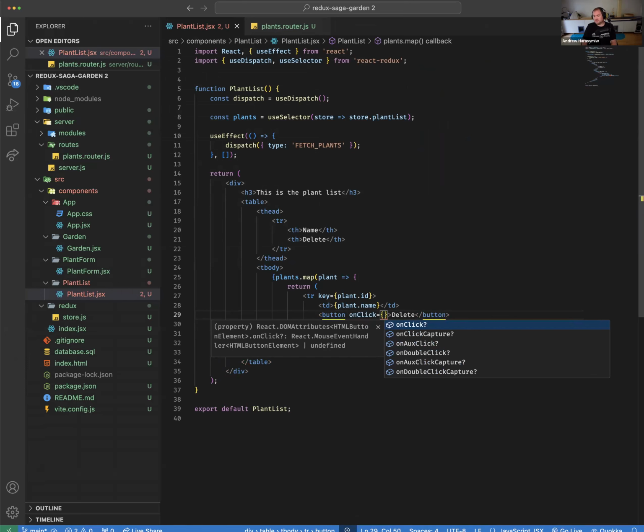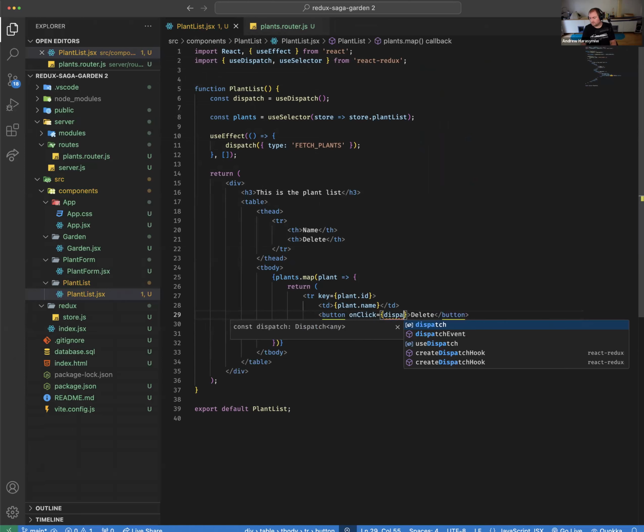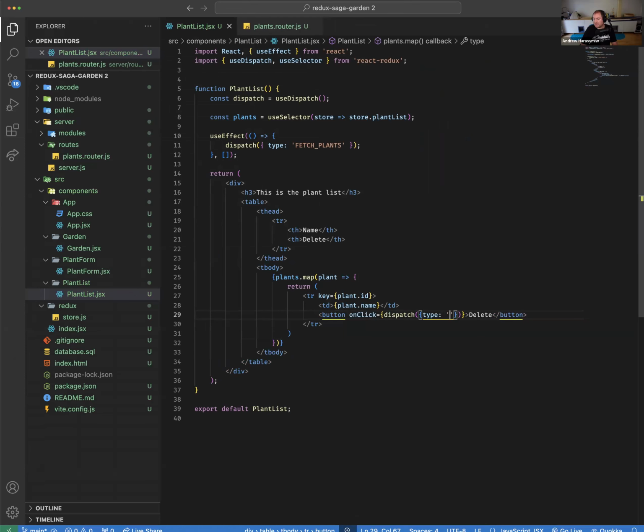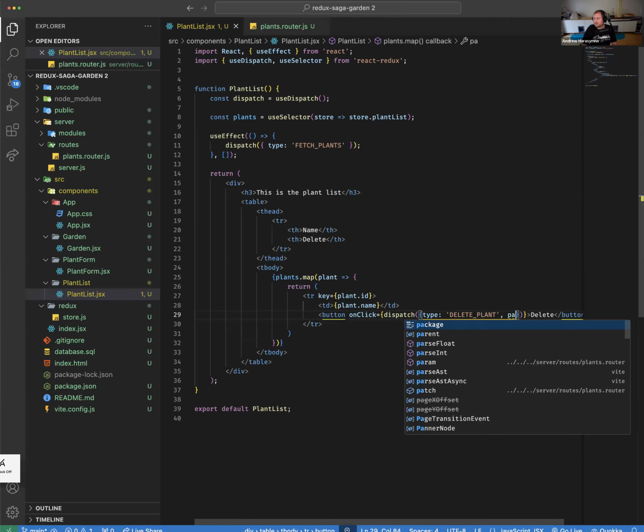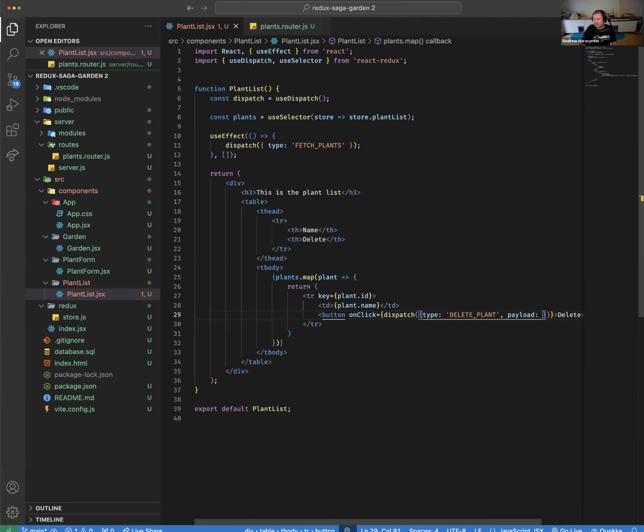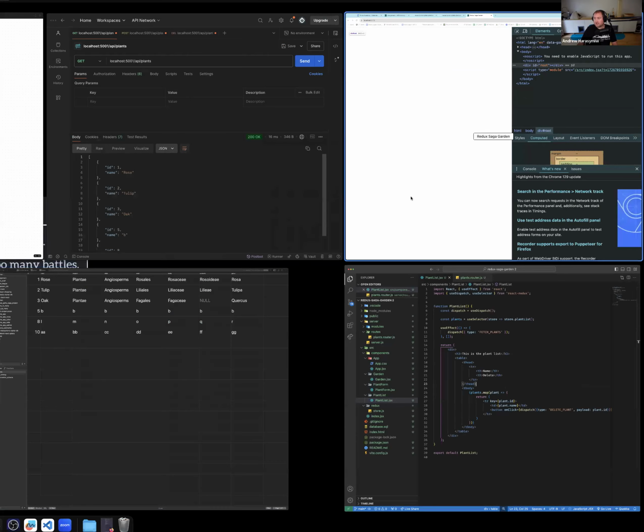I can probably just dispatch an action of type, we'll say delete plant. And the payload will be the plant ID. So whenever I click that,